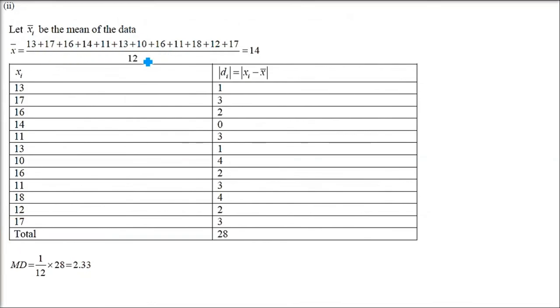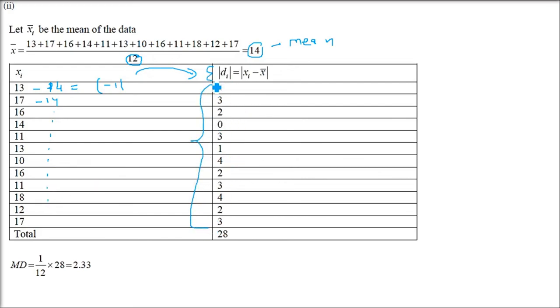Okay, all these numbers which are given, no ascending, no descending concept. Just add them, divide by the number of elements. That is 14 will come. This is the mean. Okay. So from all the elements you have to subtract which element? 14 from here, because the mean is coming 14. Now some say -1 will come, so you have to take the modulus. So you have to subtract each element from 14.